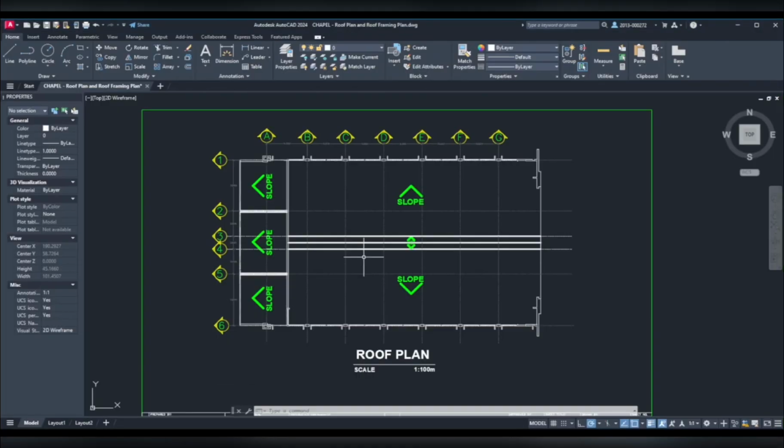So, good day, sir. I am Daniel Justin Padilla, and today I'm going to explain to you about the roof plan of Xavier University Chapel. And later on, I am also going to explain to you the roof framing plan of the chapel. So, to start off,